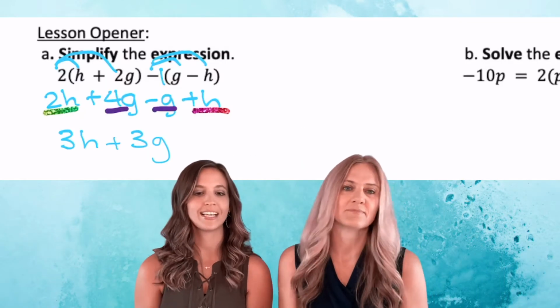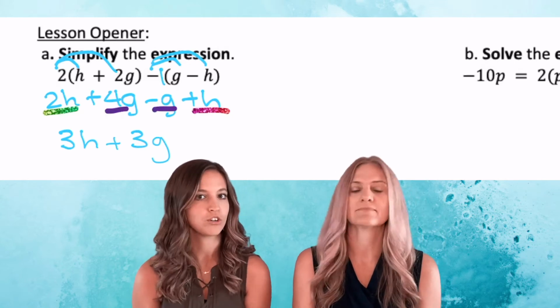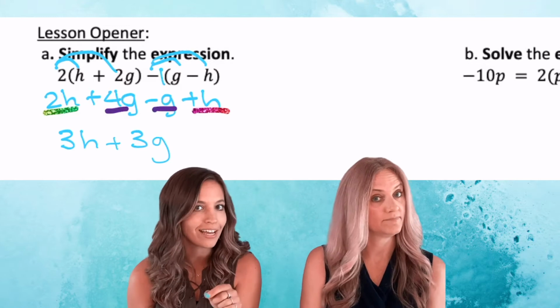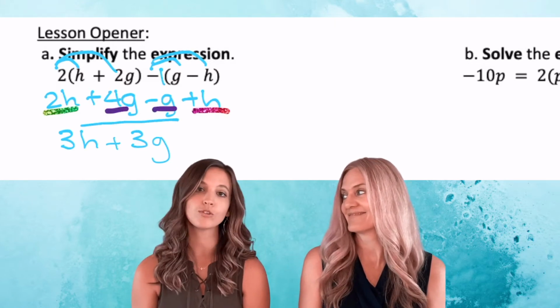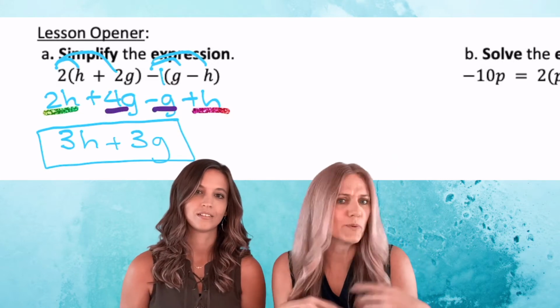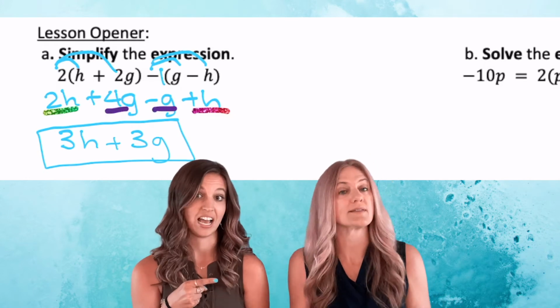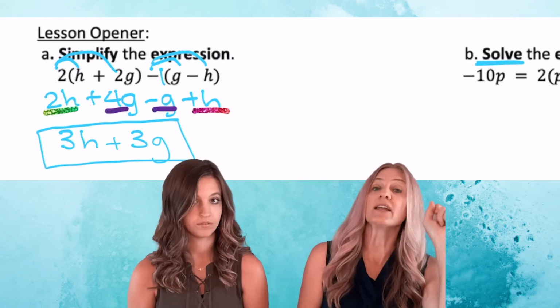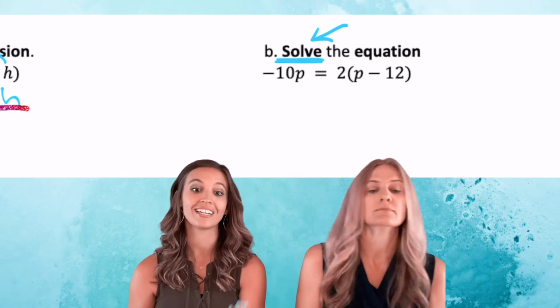So the first one says simplify the expression. After you distribute, be careful because you have that little negative sign there. Put a little -1 there if you need it. You combine like terms and you should end up with 3h plus 3g. No big deal. Notice that you don't have anything equals. We didn't get g equals 2. Why? Because it's an expression. You can simplify expressions. You can solve equations,